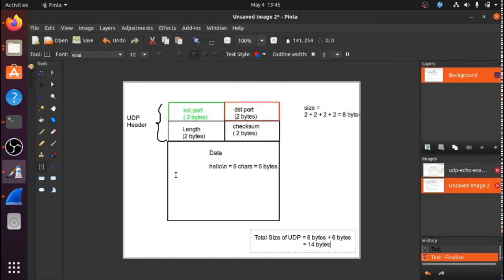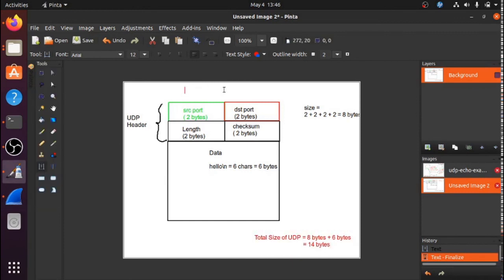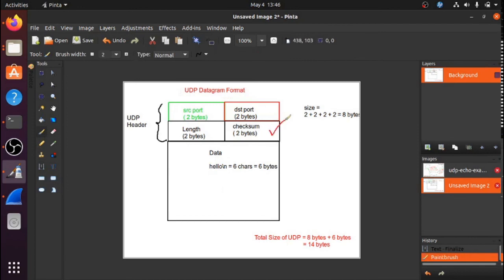Okay, so I hope you have understood. So let's label this. I hope you have understood how UDP is a very simple protocol, and how you actually figure out the structure of the UDP packet format, the UDP datagram format. How did you figure it out? You can look it up in a book also, but Wireshark tells you everything, and plus we have done the experiments. So we have understood all of them except for this part. This portion is the portion that we really didn't do. We didn't really go through this checksum. So probably this will be a home assignment.